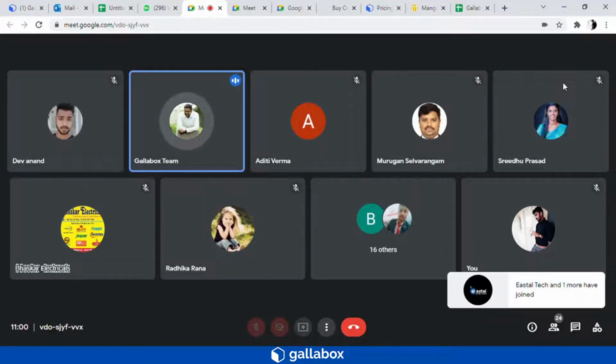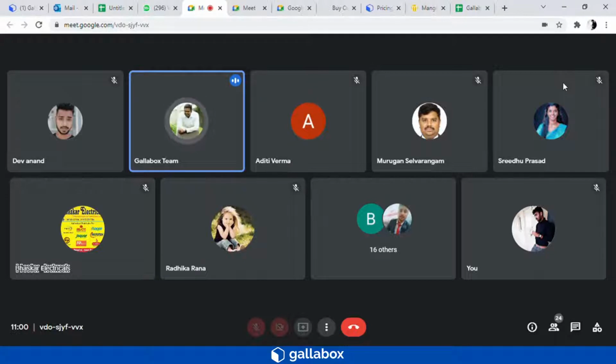In today's training session, I will be covering two topics. One is the no-code chatbot and how it can be built and published. And the second topic will be how to do broadcast messages from Google Sheets. So these are the two topics I will be covering for the day. First, I will get started with the chatbot, on how we can build the chatbot and how it can be published.